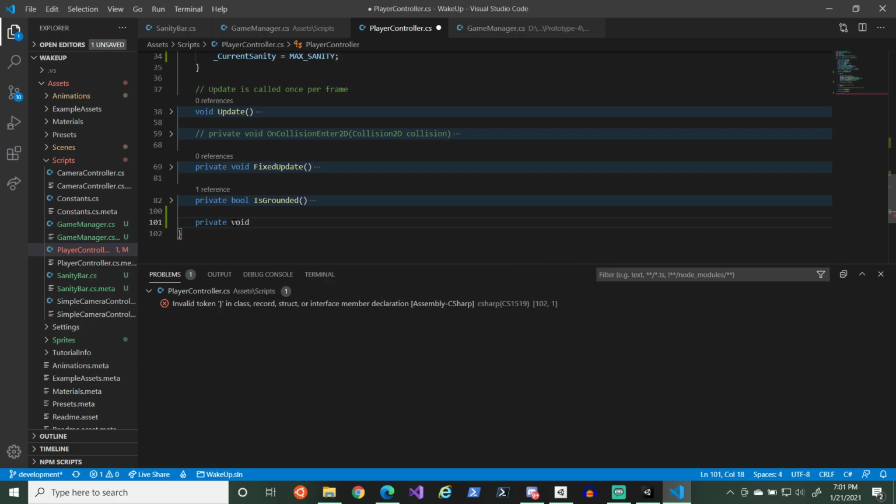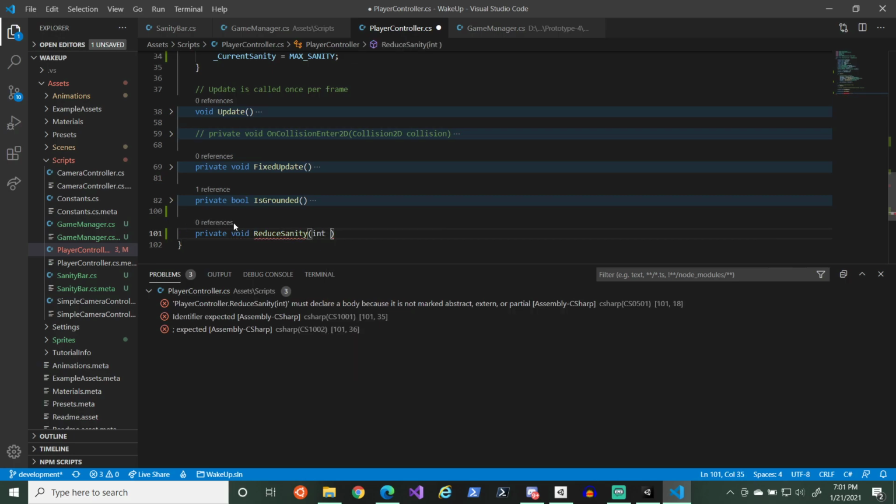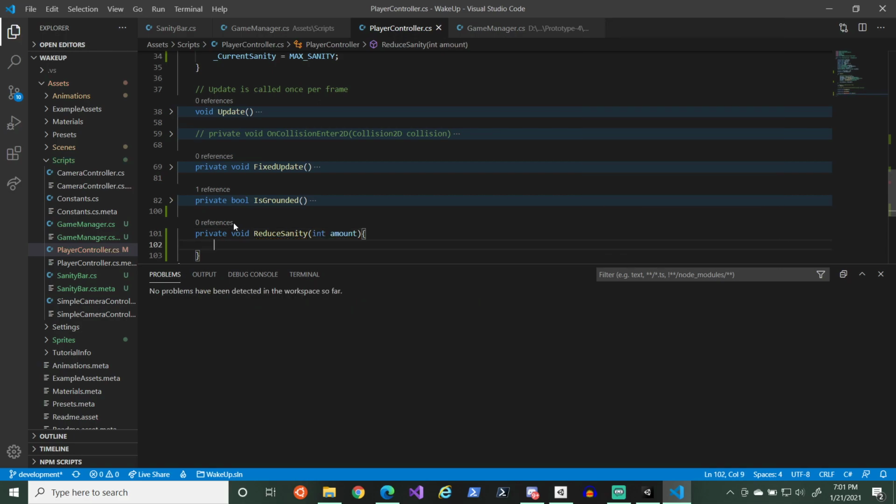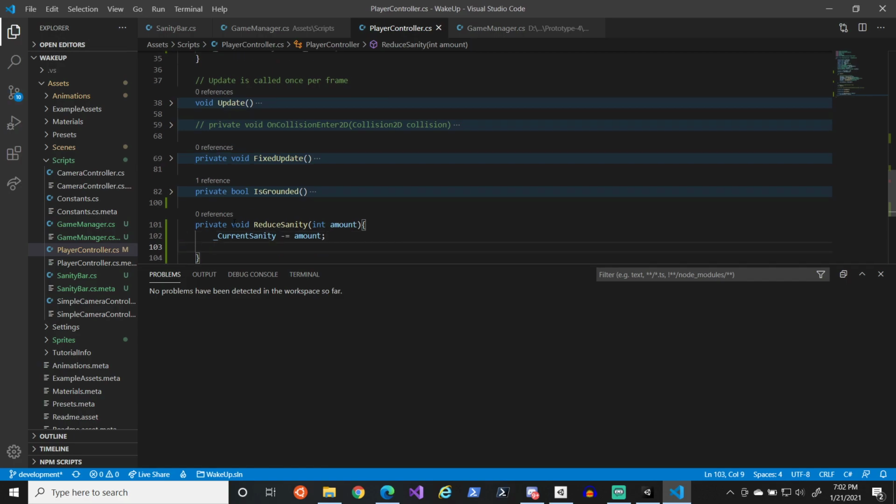I don't think it matters. It can just be void. That's fine. What is it? Reduced sanity? Yeah. And then pass amount. Yeah, that works. And basically current sanity minus equals amount. Yeah, perfect. And then we need to take whatever the current health is and pass it to